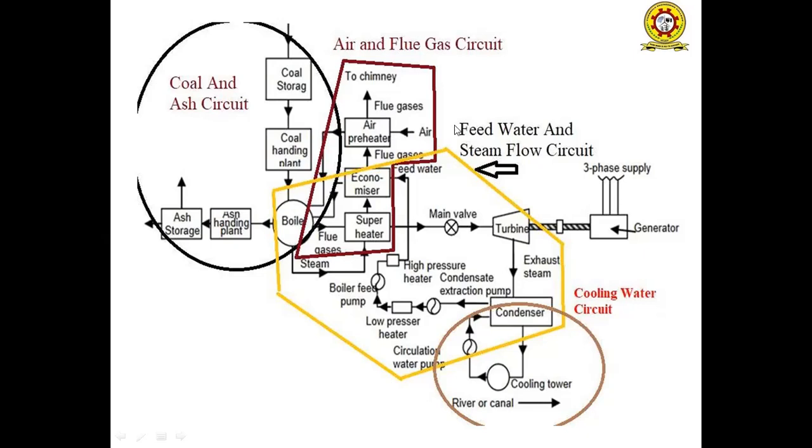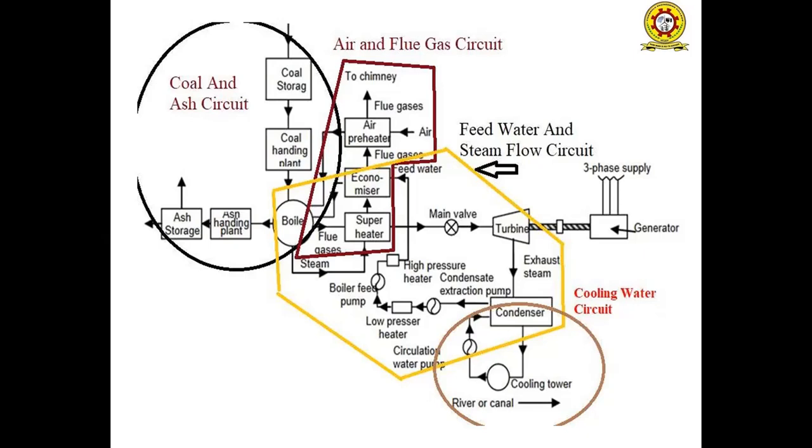And next circuit is the feed water and steam flow circuit. This yellow color represents the steam, water and feed water, and steam flow circuit. The high pressure steam enters the turbine through a valve and operates the turbine. The exhaust steam is condensed in the condenser. The condensate is heated in the feed water heaters using steam,